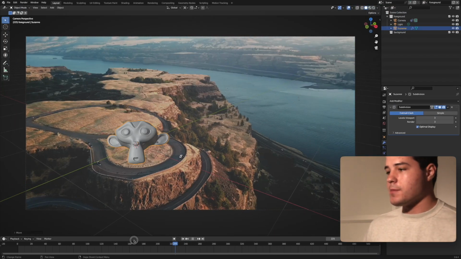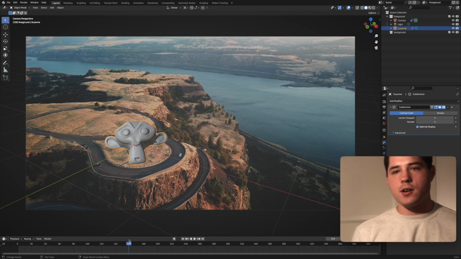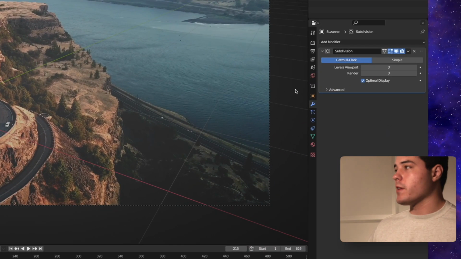We have tracked our object onto our scene. If we scrub through the timeline, you'll get a nice preview. Of course, you're missing your shading, your textures, your lighting, and all that will be covered in future videos. But right now, I just want to show you how easy and fast it is to just track an object onto your scene. Now, if you want to render this out as a video file, we can go over to